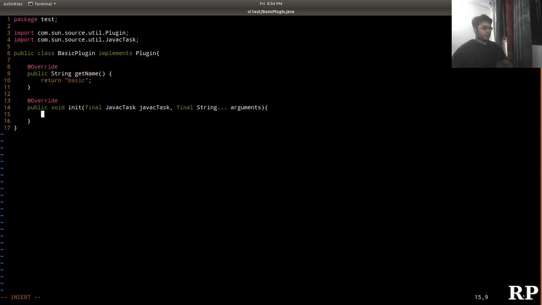So I'm going to say System.out.println, basic plugin called. So we are writing the function that will get called during compilation of any class. Public class BasicPlugin implements Plugin with getName, and so our plugin is ready.